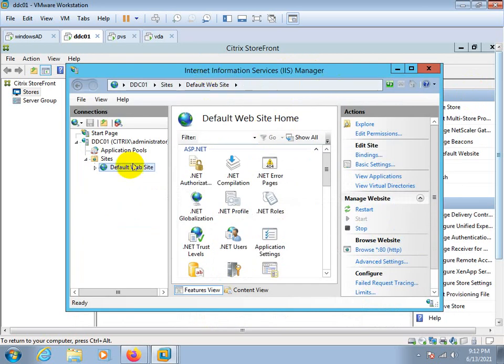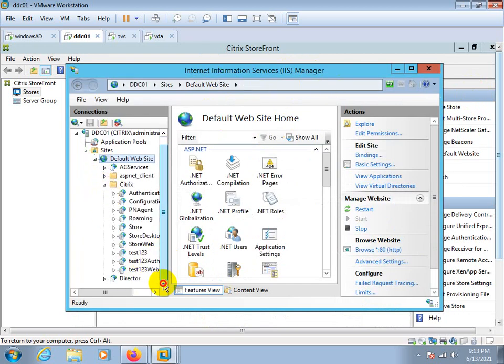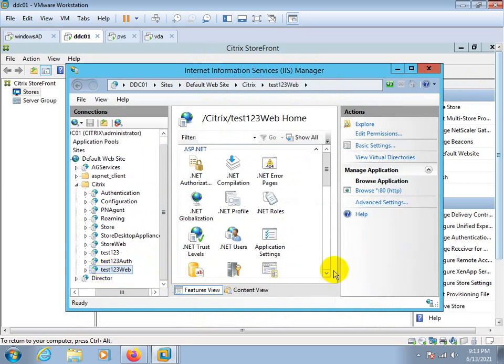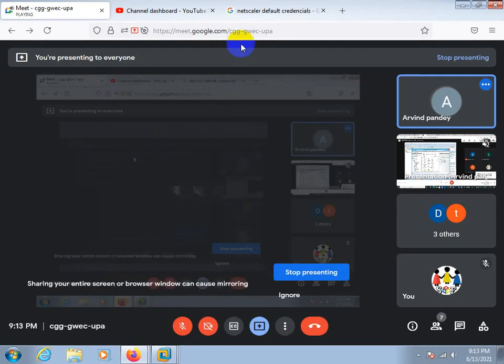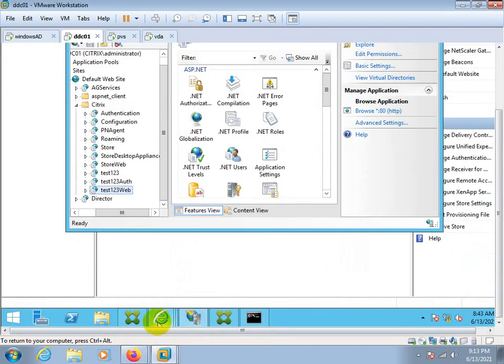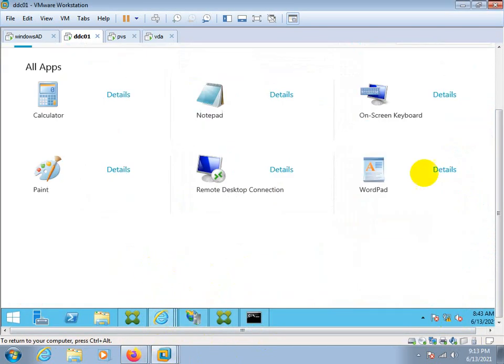It's the IIS Manager. Go to Default, then Citrix, and Citrix Web. Browse this page, and you will get to the page that is here.